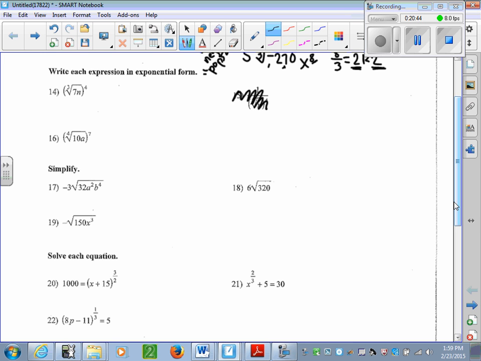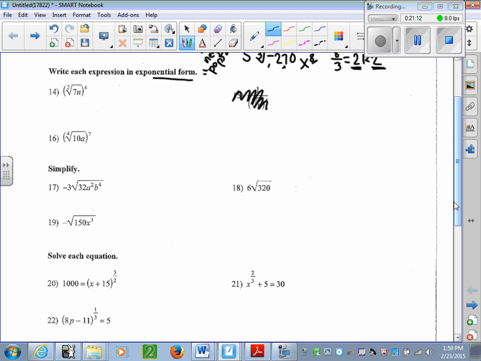So skip 15. So 14, we're going from radical form, notice I have a radical here, to exponential form, which means I don't have a radical. All right, remember this from your quiz. What you're really doing here is you're taking your cube root and you're just going to turn it into an exponent first. So I'm going to end up with 7n to the 4th, and then raised to the 1/3 power,